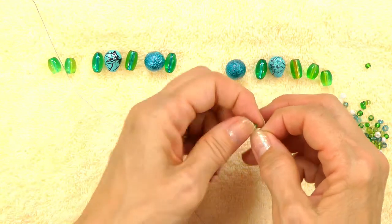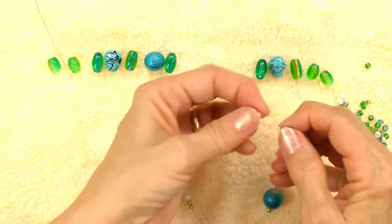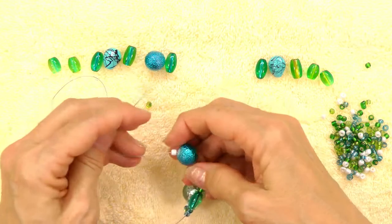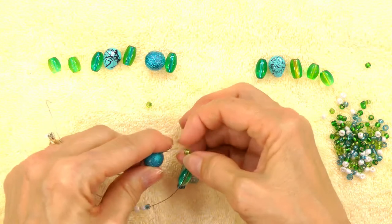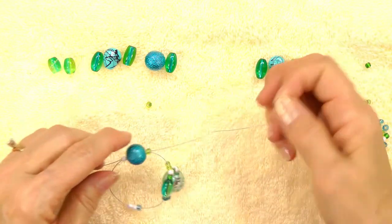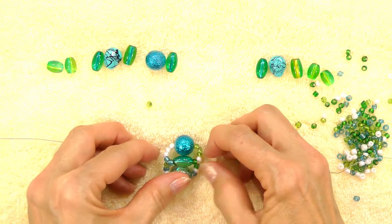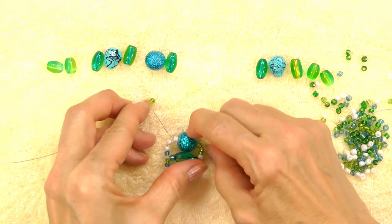Again, I'll thread on an E-bead, the filler or focal bead for that rung, and another E-bead. Then I'll take the other end of the wire and thread it through those 3 beads. And pull tight. You'll continue adding 3 E-beads in between each rung of the ladder until you have reached a